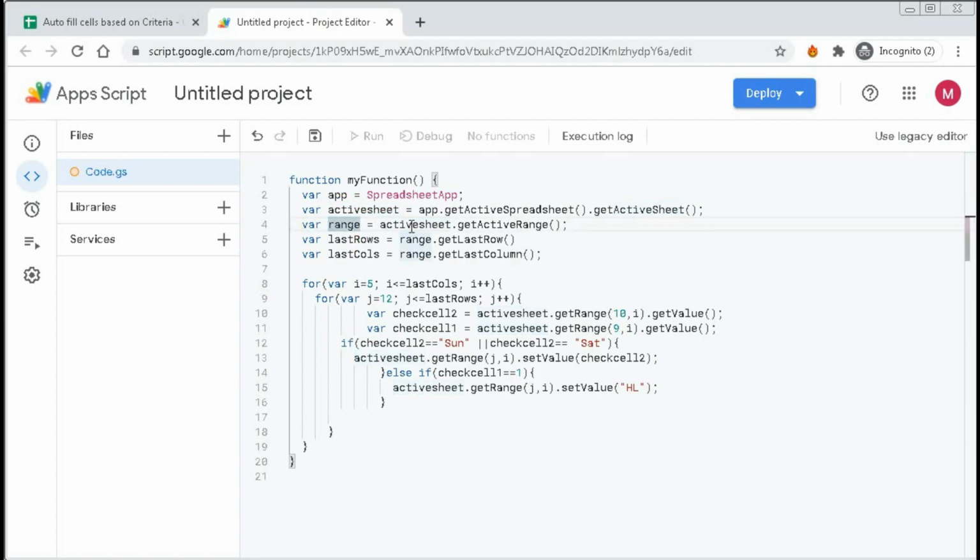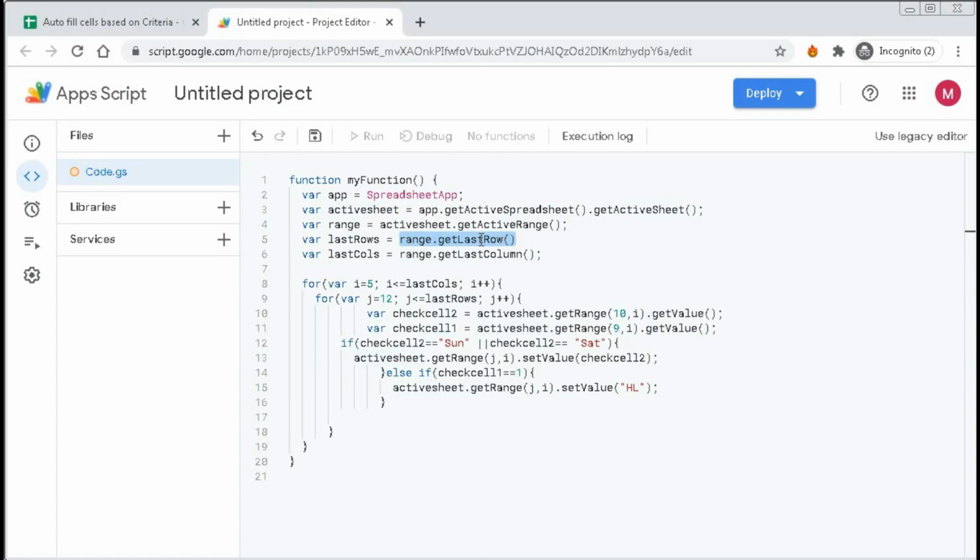So here it is given app dot getActiveSpreadsheet dot getActiveSheet, and our range will be activeSheet dot getActiveRange. And we also declared the variables for last row and last column. So which is our last row and last column? To get the last row, we use range dot getLastRow.